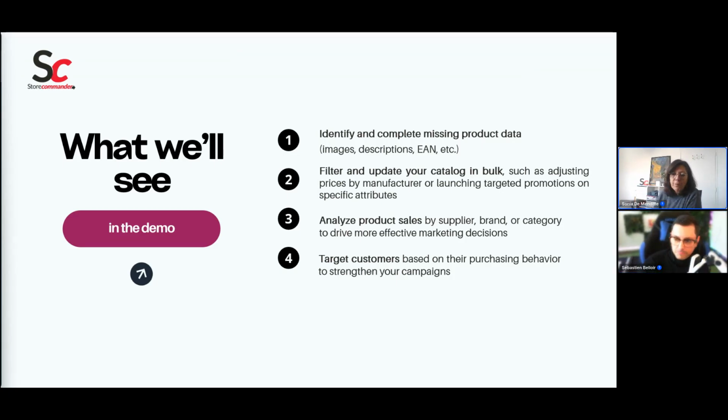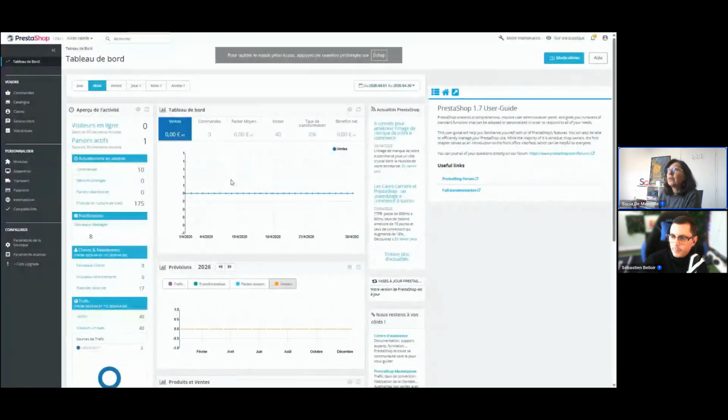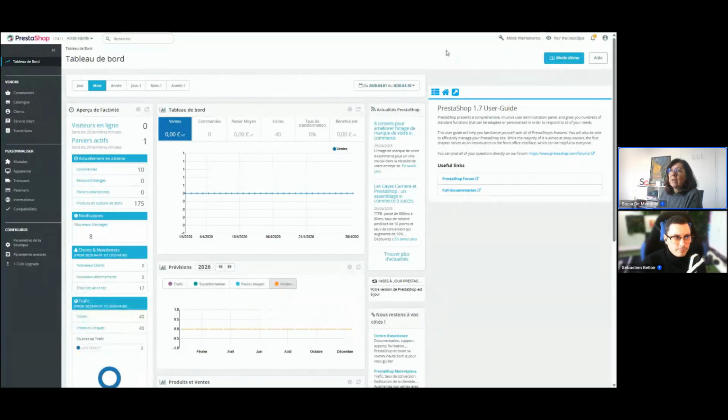So what I'm going to do now, I'm just going to switch the slide and open up a PrestaShop store. I'm on PrestaShop 1.7, but we're compatible from 1.6.1 up to the latest 8. PrestaShop 9 is not yet ready. It's going to come, but it's not ready yet. So it's up to 8.2 or 8.3. I can't remember the exact version number. This one is a 1.7.8.